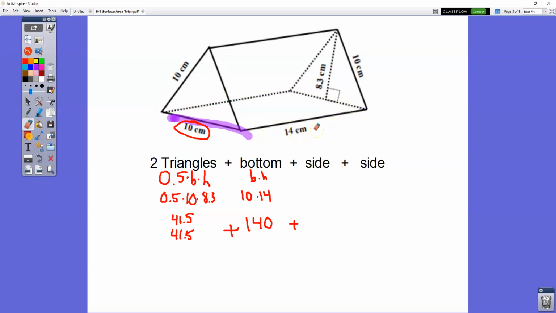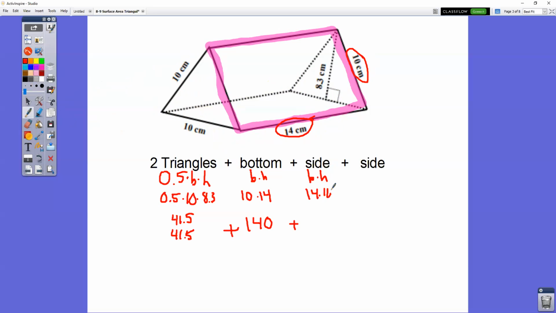Now I need the area of the two sides. And again, sometimes they're different, sometimes they are the same. So let's take a look at this one first. If I take a look at that rectangle, I can see that this length is 14 and this length is 10. So again, it's base times height because it's a rectangle. So I have 14 times 10. 14 times 10 is 140. For my other side,